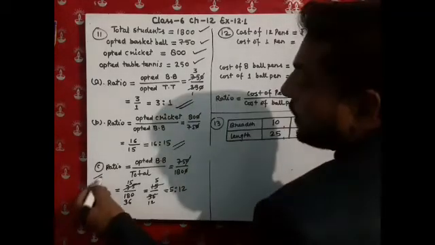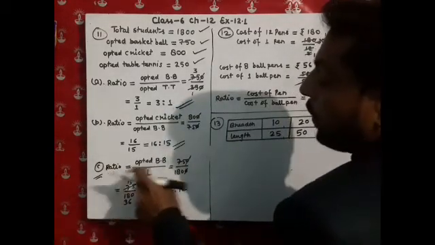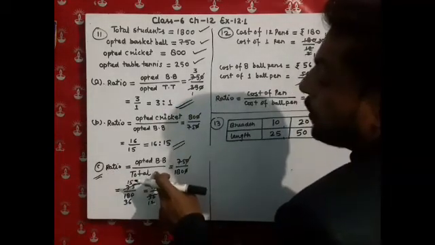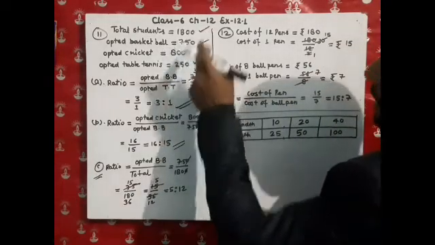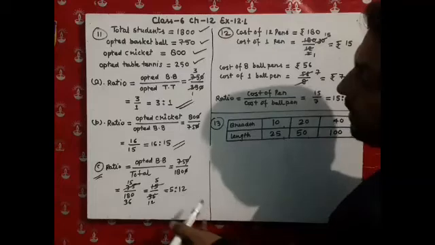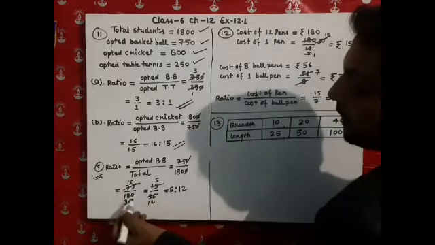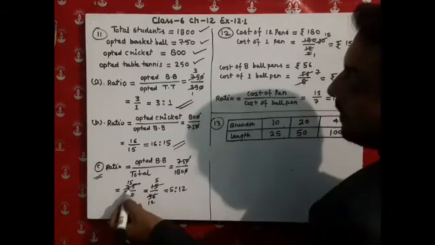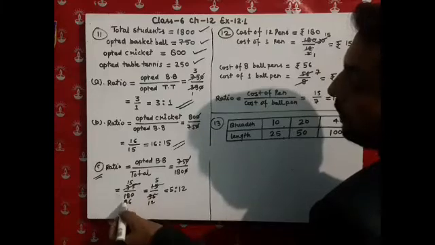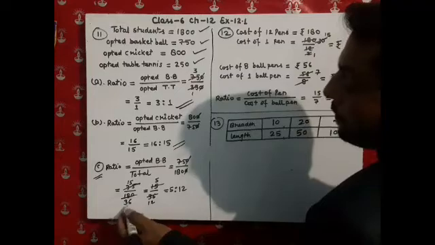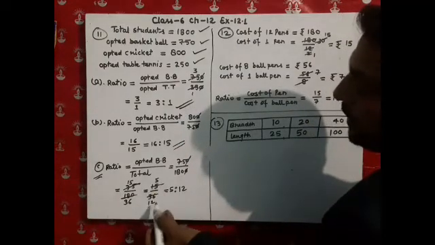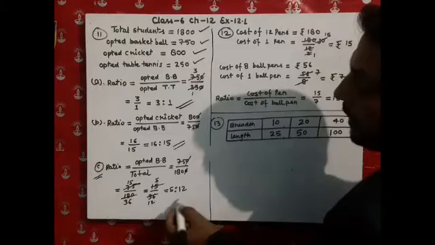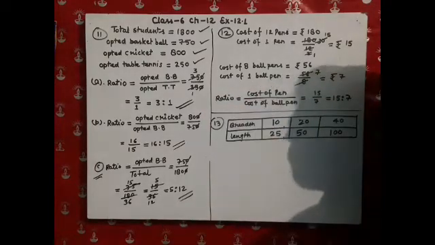Now go to the C part. Here we have to find the ratio of opted basketball to the total students. So 750 opted basketball and total is 1800. 0 0 cancel. Now it is divisible by 5. So firstly I divided by 5. 5 1 ja 5, 5 5 ja 25, and it is also divisible by 5. Now we got 15:36. Now it is also divisible by 3. 3 5 ja 15, 3 1 ja 3, 3 2 ja 6. Now the ratio becomes 5:12.